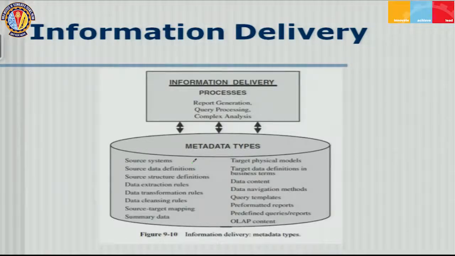So all the three things are mentioned in the box above, and the metadata types are here. So you can see here that you have source systems, source data definitions, source structure definitions, and you can see that along these different types of databases, different types of metadata,